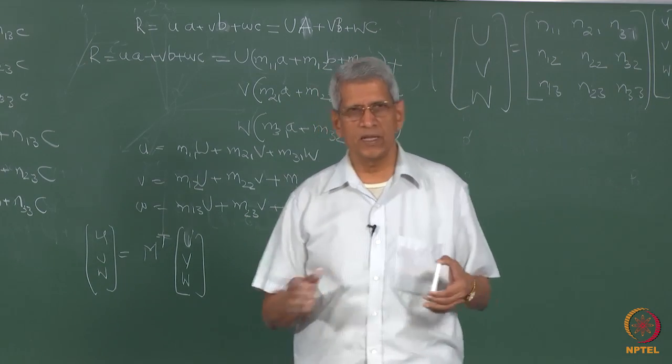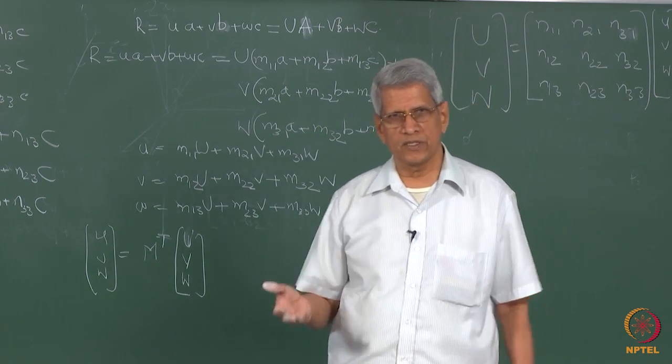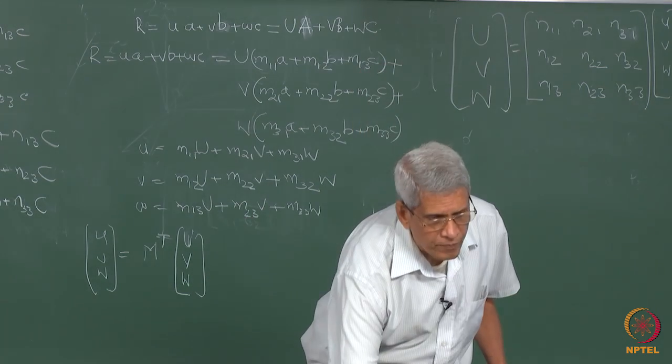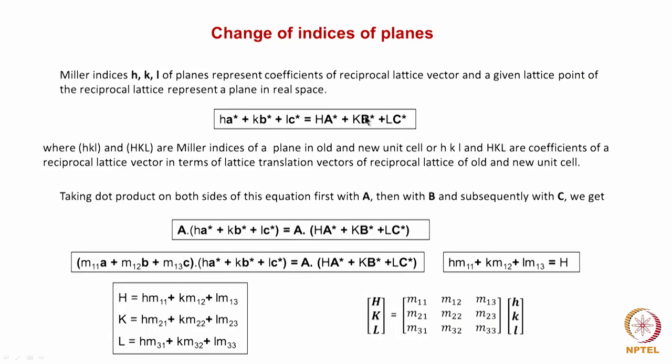Similarly, for the new coordinate system, which is represented by capital A, B, and C, we can have a coordinate system like this: A star, B star, and C star. And like in the case of a direction, any vector that we take, its magnitude should remain the same irrespective of which coordinate system we choose. So in that case,